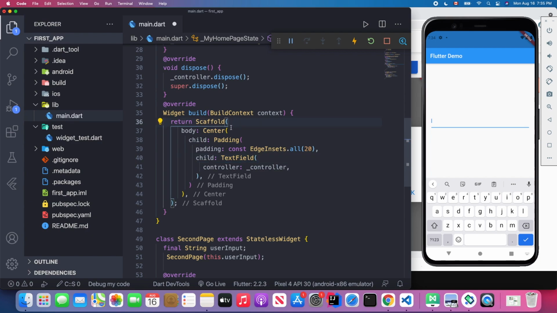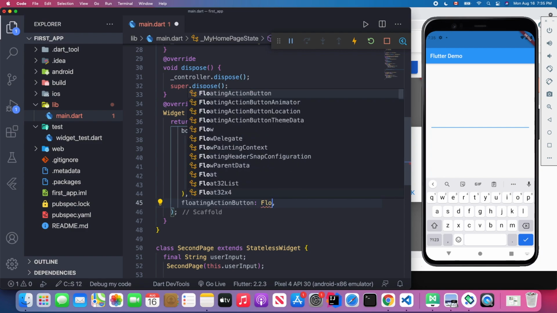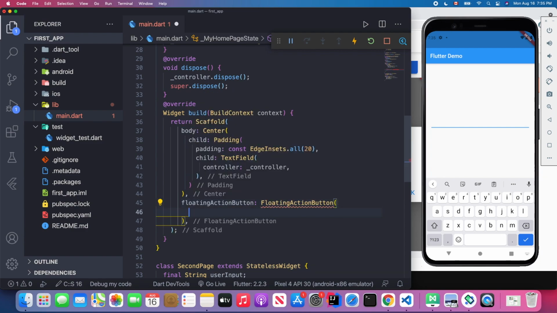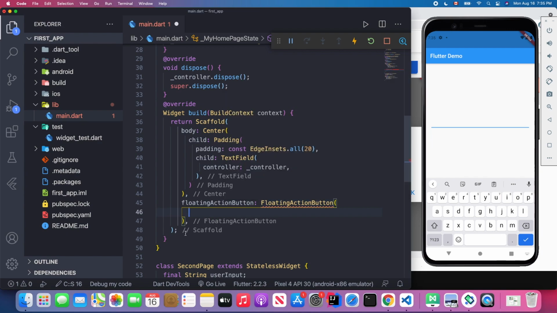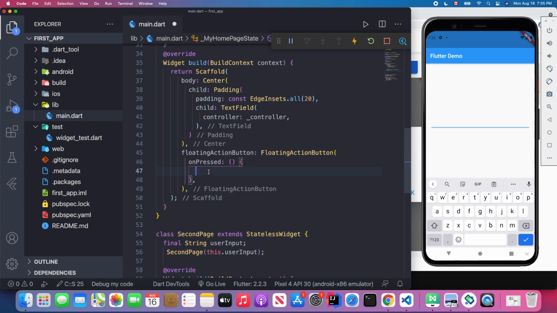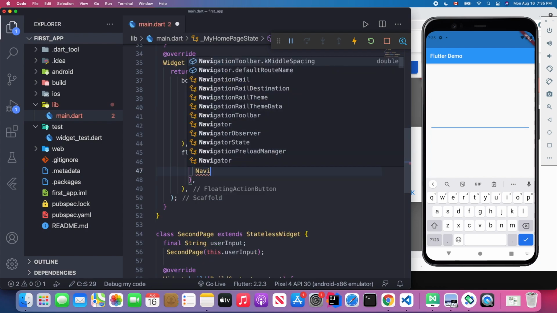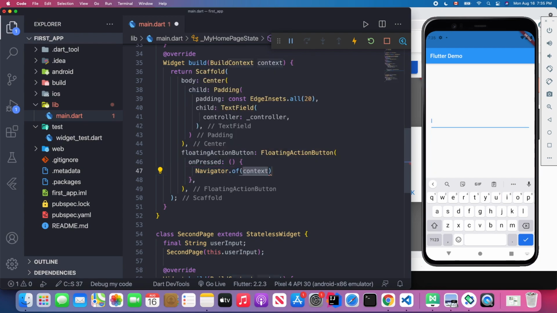Okay, so maybe I just create another floating action button. Inside this floating action button, I need to implement this onPressed, right, which is required. So when I press this button, I'm going to navigate to the second page. So I use Navigator.of(context).push,